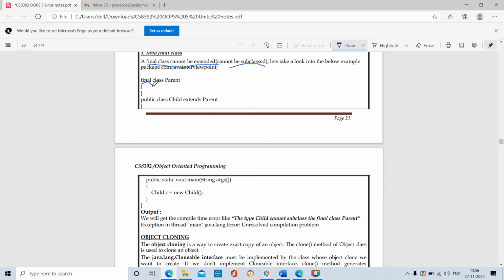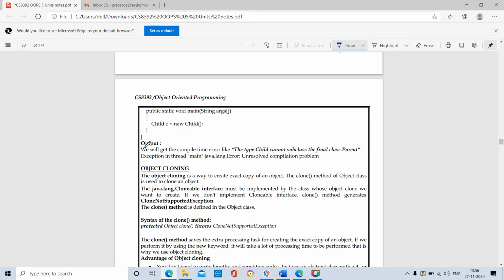When we use the final keyword before the parent class, we can't extend the child class from the parent class. The extend keyword is used to derive new classes from existing classes. So here our existing class is the parent class, that is the super class. Our derived class is the child class or subclass. So public class child extends parent.